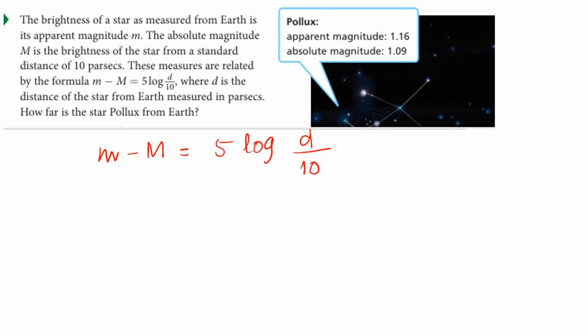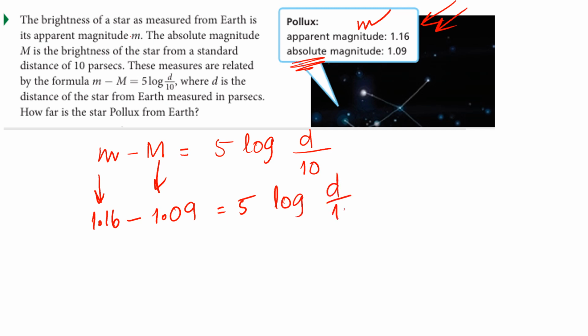First of all, you can see the data is written. Write it down. Apparent magnitude means small m, so replace it by 1.16. Capital M, the absolute magnitude, means 1.09. So you just replace it, equals 5 log of d over 10. Now get rid of this 5 by dividing by 5 on both sides, and I am writing this term before the equal sign. So log d over 10 equals